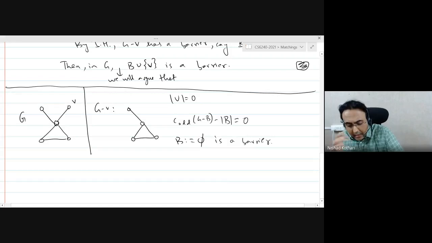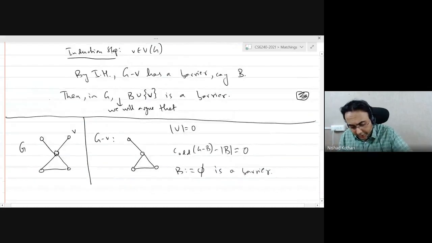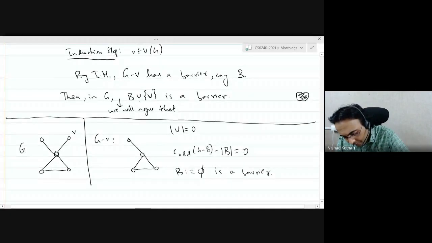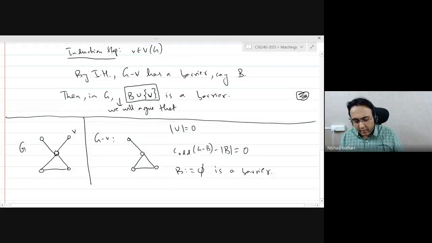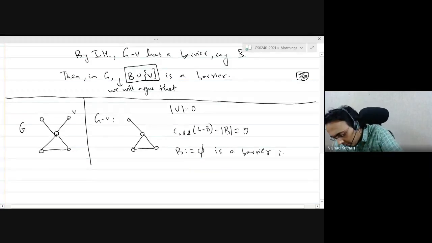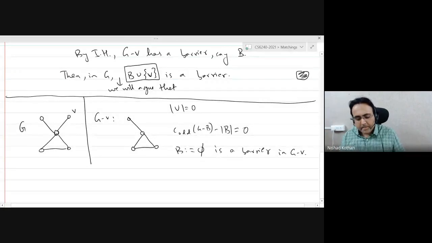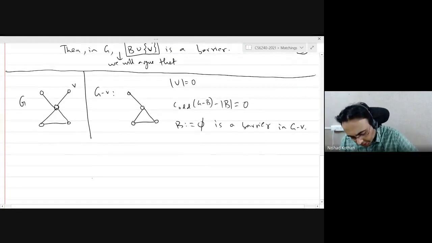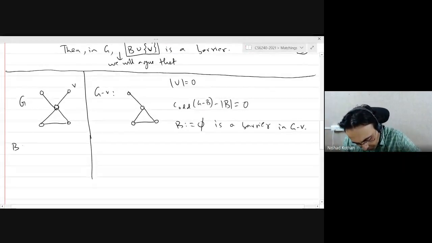This is in G minus v. Now let's check in G whether B union v is a barrier.